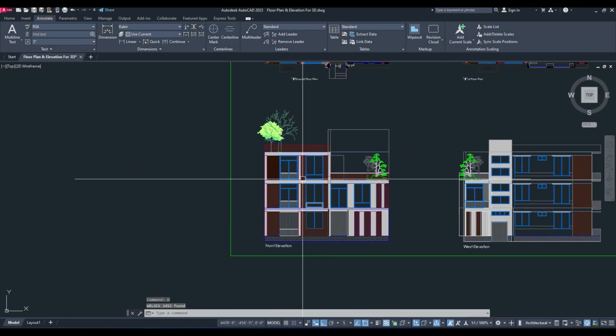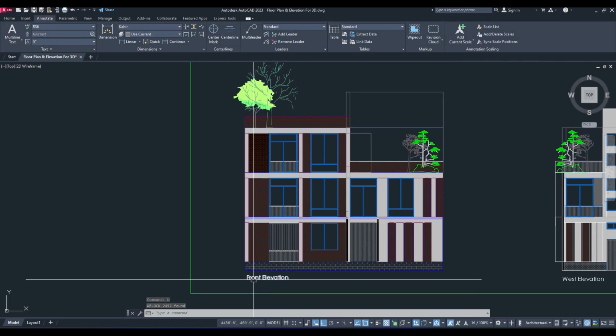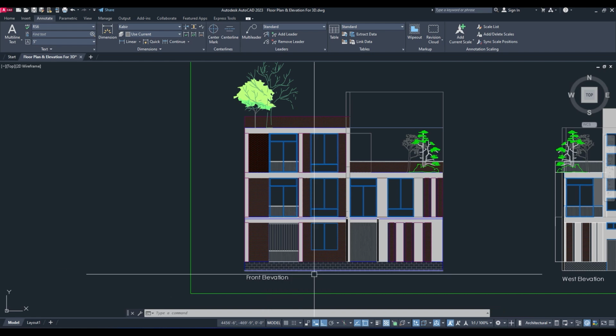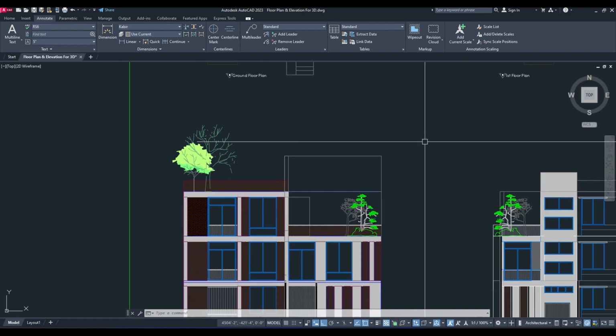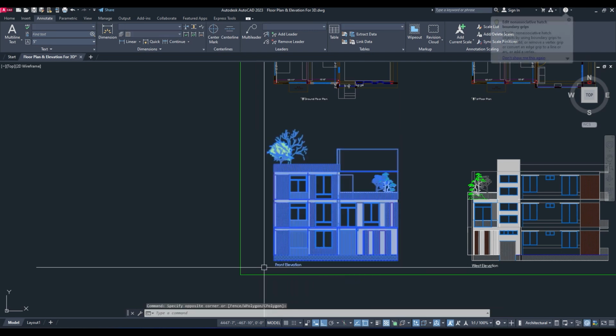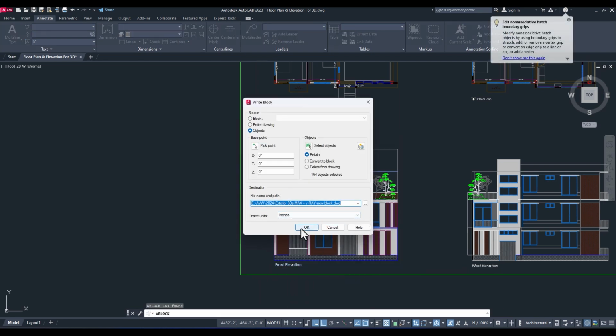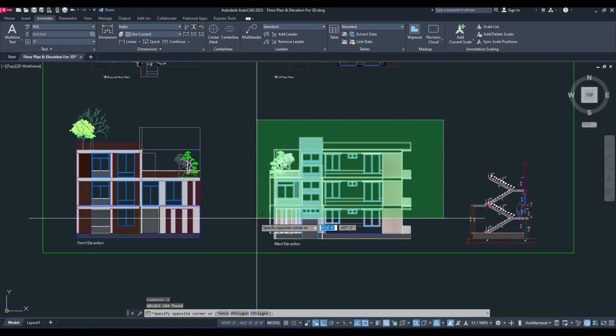And it's better to put your elevation file as a reference. So separate the front elevation also, select this object and W, enter, then OK. West elevation,